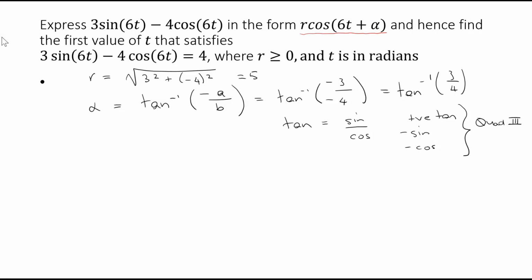So the answer that you get in your calculator won't be the right one because it will need to be in quadrant 3. So using your calculator, you would get that, but to be in quadrant 3,